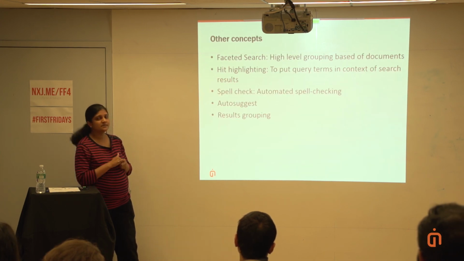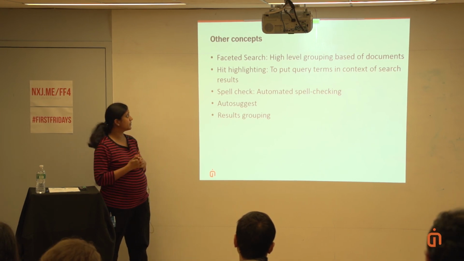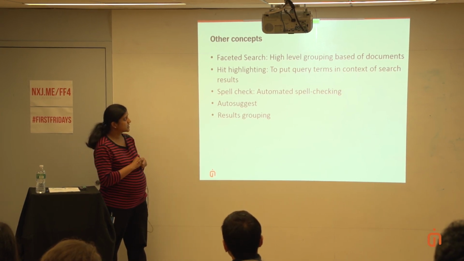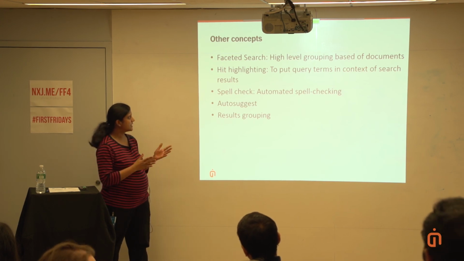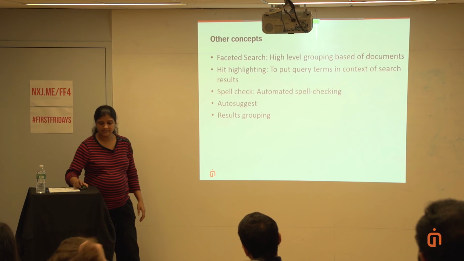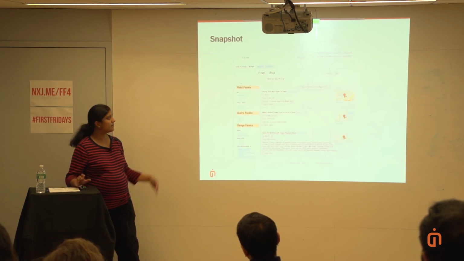There are some other concepts that come up with querying. Like I mentioned, out of the box there is faceted search, which is high-level grouping based on documents, hit highlighting, spell check, auto suggest, as well as results grouping. I thought this snapshot will help you understand, particularly